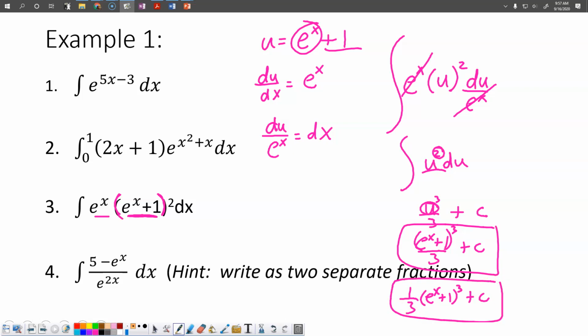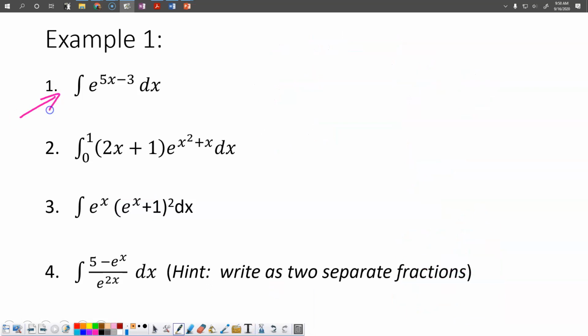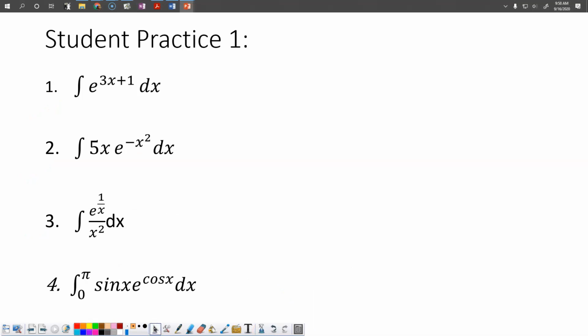All right, so that's an example. So we've done a couple of examples. This is what I would call the basic one. This is to show you what to do whenever you have a definite integral, which you guys already know. This is an example where you have one where the u is not the exponent. So let's see if I have one of those up here for you guys. What should we do here? All right, so